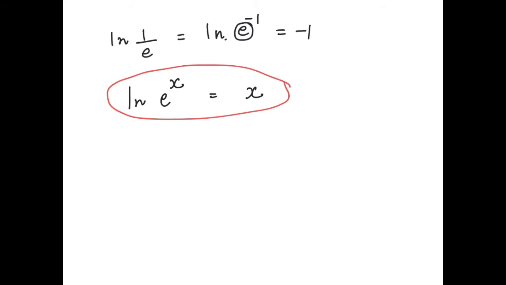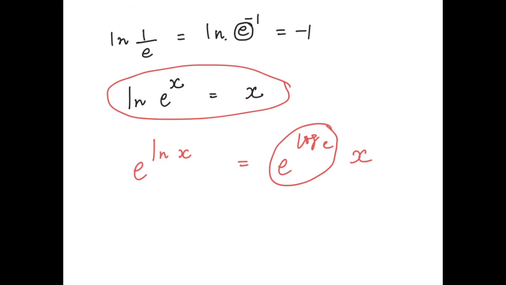Now let's do it the other way. We know that e to the power ln x, how will you solve it? We know ln is log base e. I remembered the log rule. This means it cancelled and we get only x. So same thing here, our answer is x. So our rule says e to the power ln x will be equal to x. So these two rules will have to be used for our natural log questions. Now let's try some questions based on these rules.